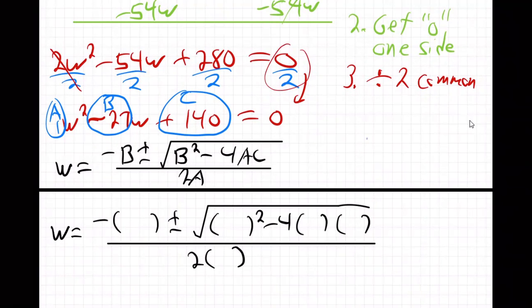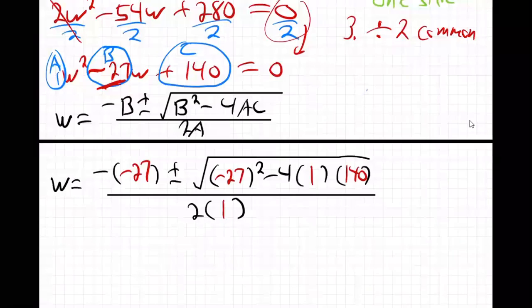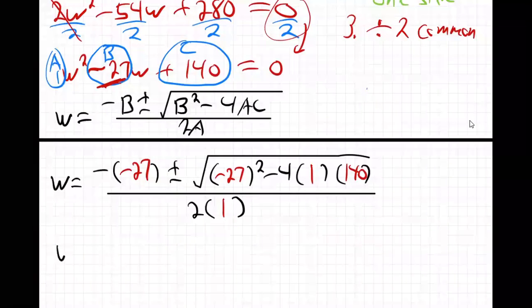Okay, let's plug the stuff in. All right, so b, what is b? B is negative 27. Right there. B squared, negative 27, minus 4 times a, which is 1, times c, which is 140, all over 2 times a, 2 times 1. All right, quadratic formula, the width equals double negative, you know the drill. It's going to become positive, isn't it? Plus or minus